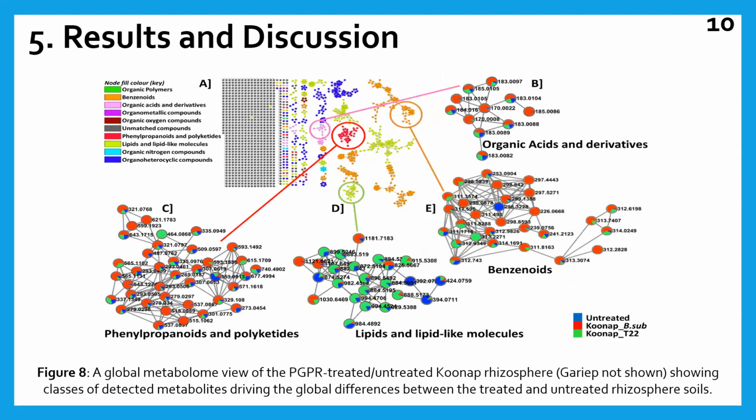To determine the classes of metabolites present in the rhizosphere itself, we carried out a global metabolome view of the rhizosphere using molecular network tools. This approach revealed metabolites such as organic acids and lipids from the rhizosphere of PGPR-treated and untreated plants at varying quantities. For example, what we're looking at here in Figure 8 is that the rhizosphere soils of plants that were treated with Bacillus subtilis, represented by the red indication on the pie charts, with the key at the bottom right there,